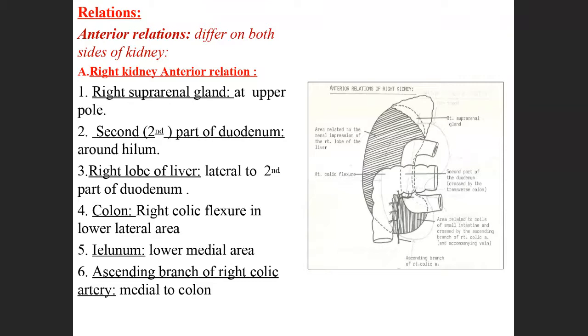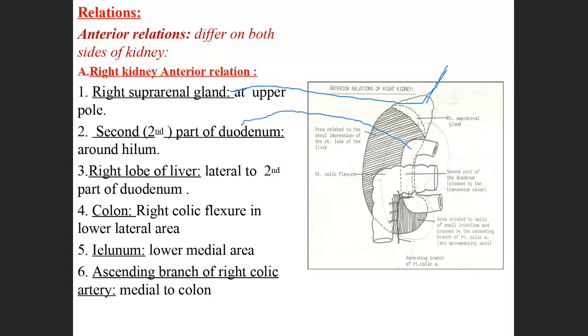In both the kidneys, the right and left kidney, the common structure is the suprarenal gland or adrenal gland. It is present on the upper pole of both the kidneys. That is, in the right kidney, right suprarenal gland. In the left kidney, it is called left suprarenal gland. And next, the next structure related is